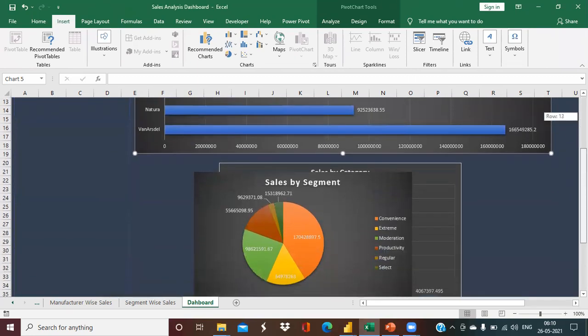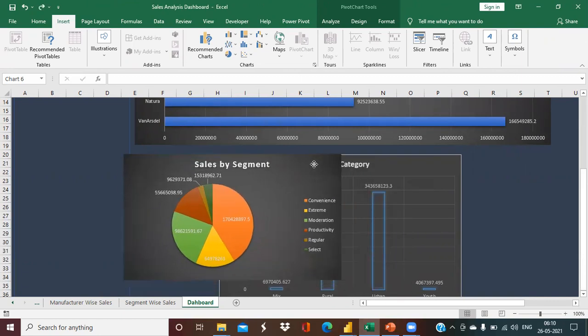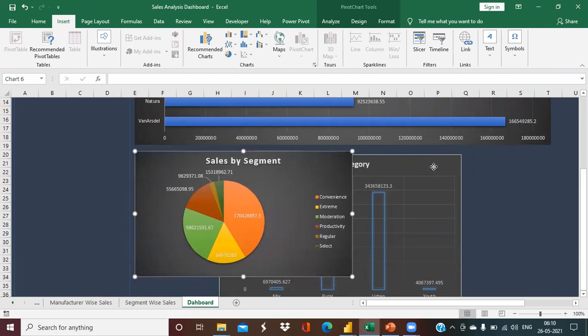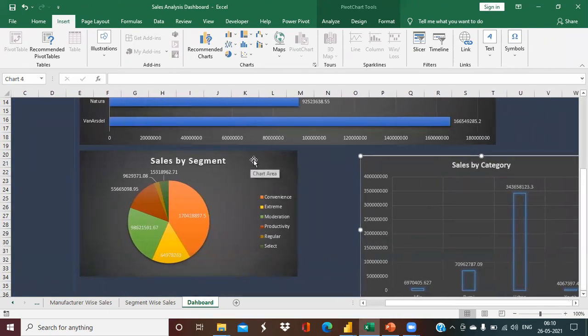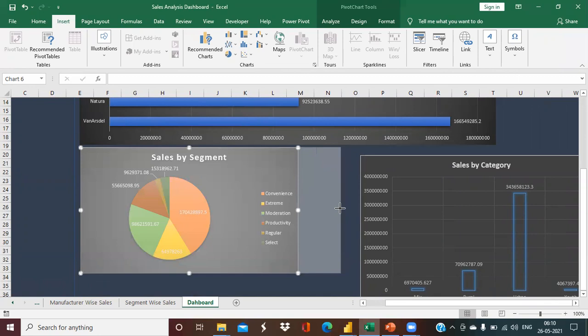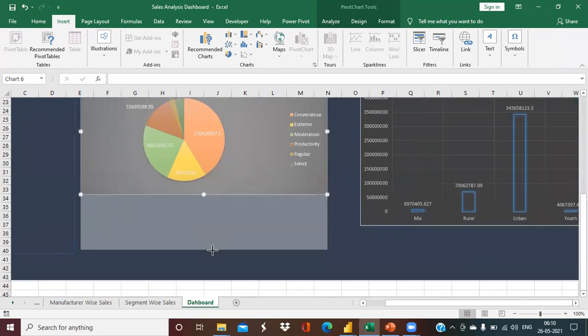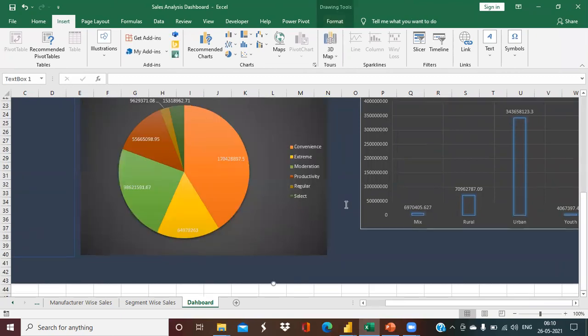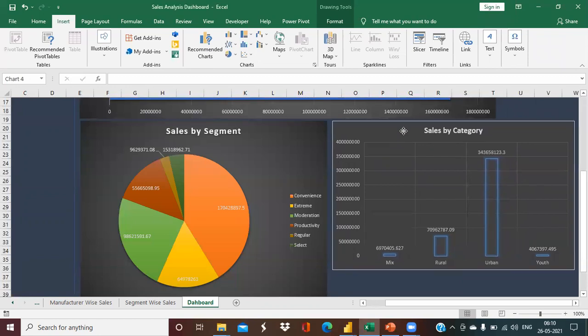So I'm leaving that for now, and I'm putting my second chart, sales by segment, here, and the third chart just a little lower. You'll need to adjust the spaces a little more so that it looks better and is easier to understand, and gives a proper answer to what your stakeholders want.